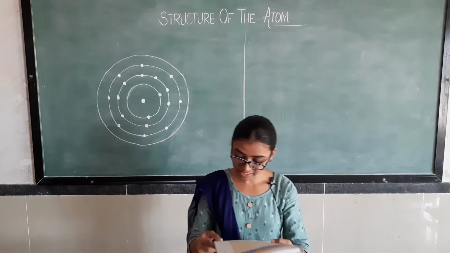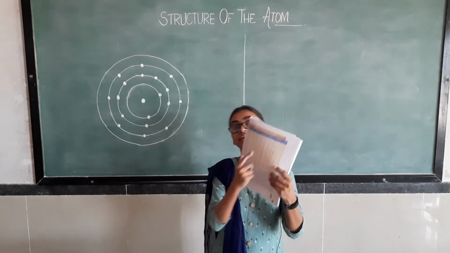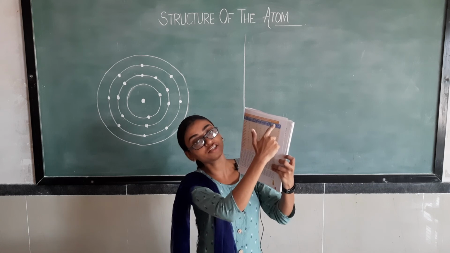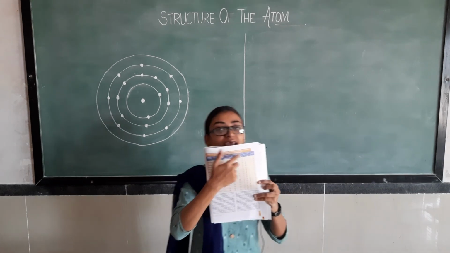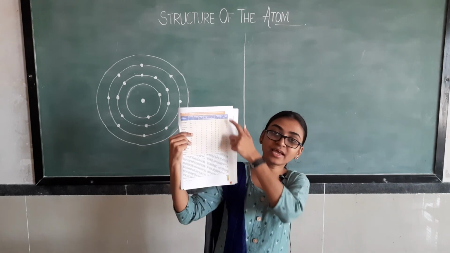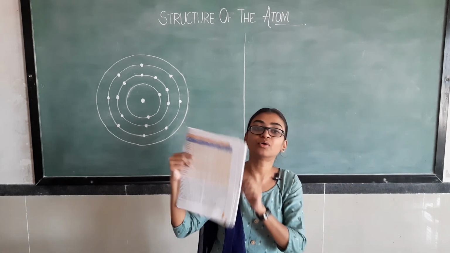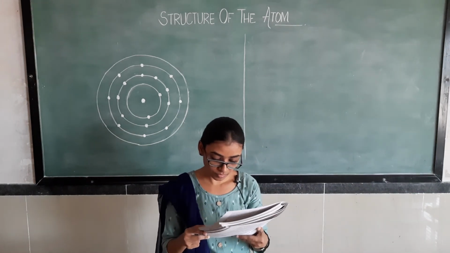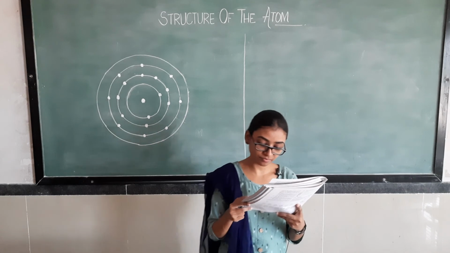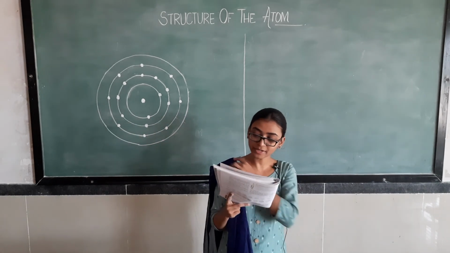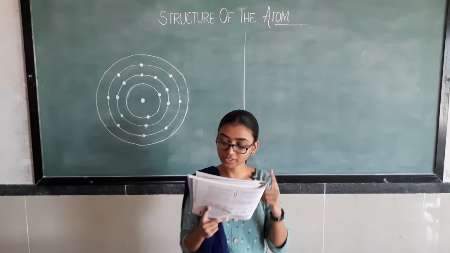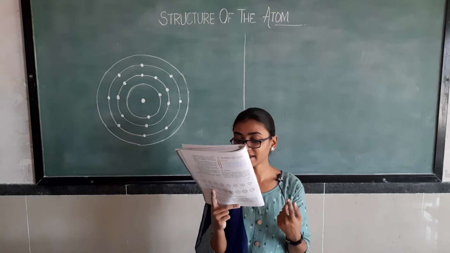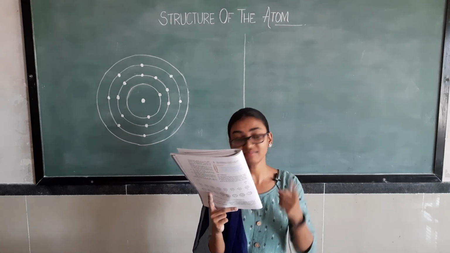Okay, so on page number 51 a table is given in which the complete electronic configuration, how many electrons are filled in the K, L, M, N shells, is given along with the valency. So just go through this chart. Now they can be said to have valency 1. For example, hydrogen, lithium and sodium atoms contain 1 electron each in their outermost shell. Hydrogen, lithium and sodium can lose 1 electron, so they are said to have valency 1.